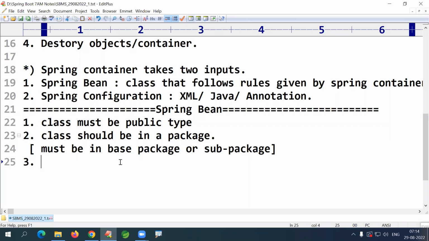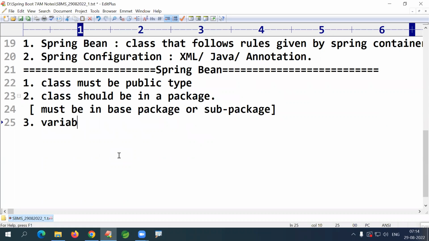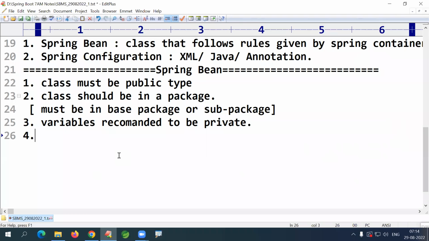So here, variables are recommended to be private. Of course you can write public also, protected also, but it's a recommendation. It's not mandatory, and writing variables is even optional, but mostly we write them. Next one,